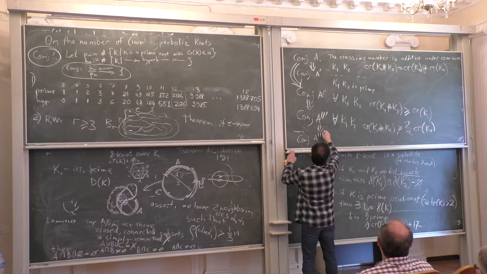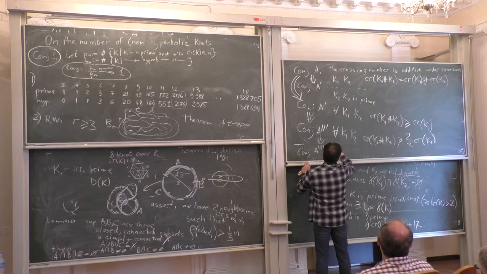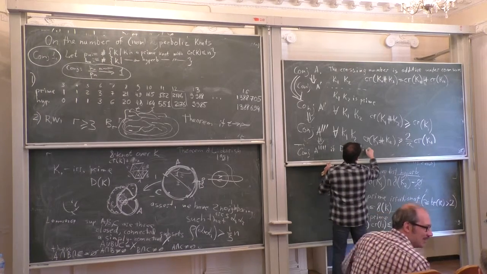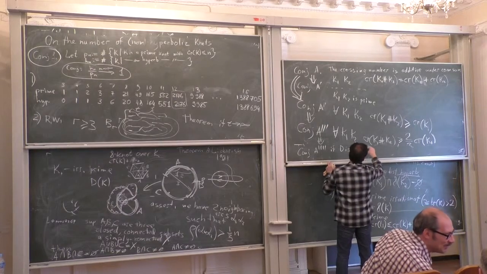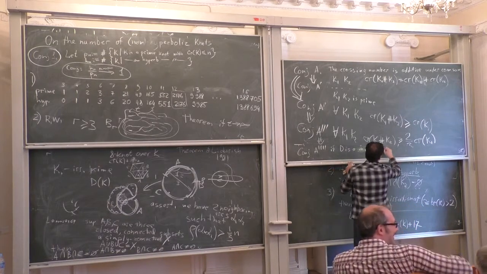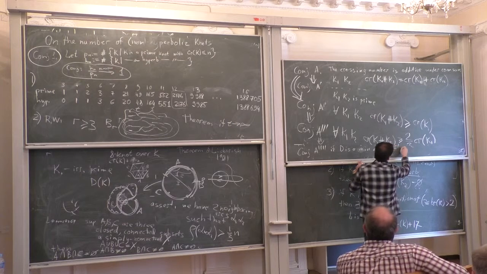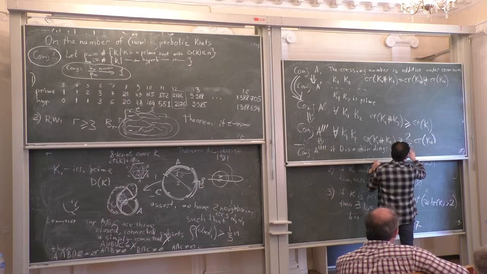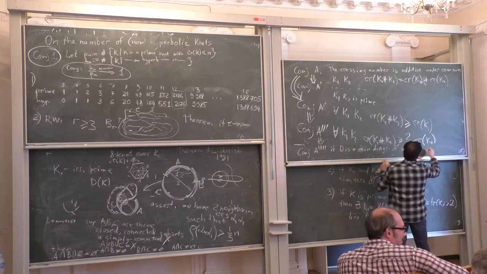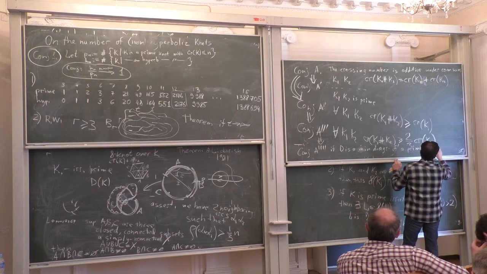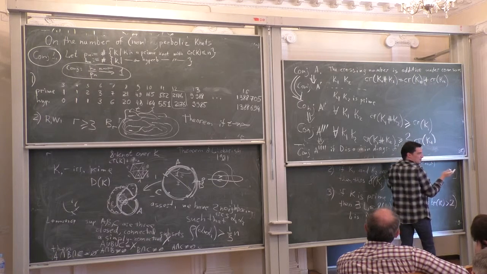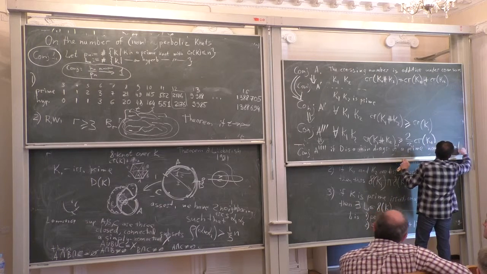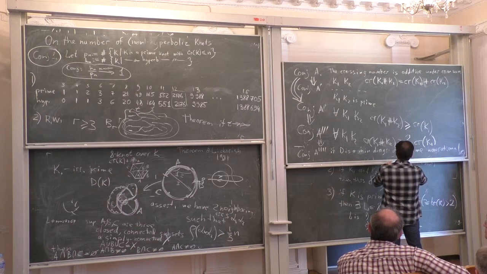Conjecture A prime: if D is a minimal diagram of a prime non-rational knot,